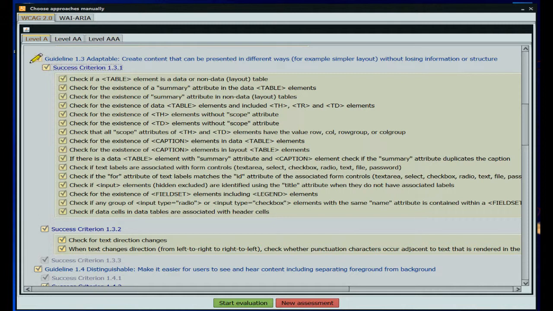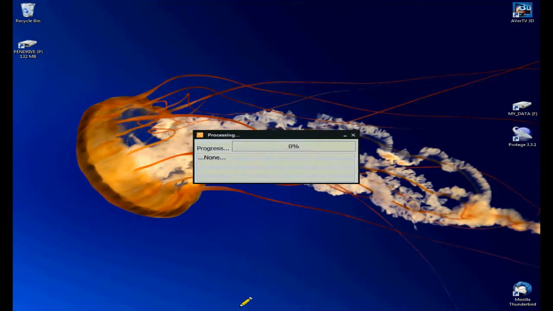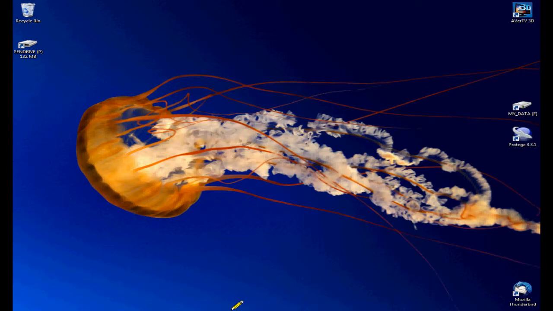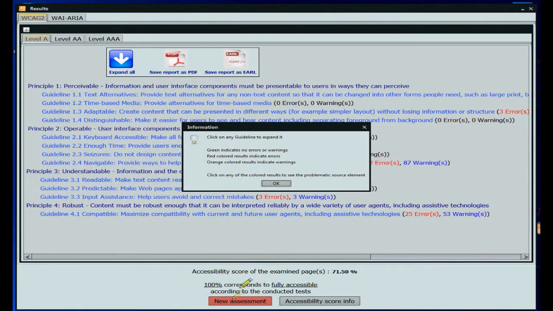After defining the assessment criteria, the user can continue to the assessment procedure of the specific web page. When the assessment is completed, the evaluation results are presented to the user.